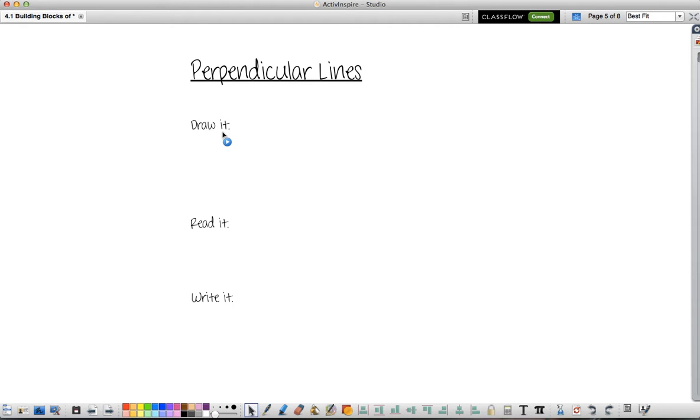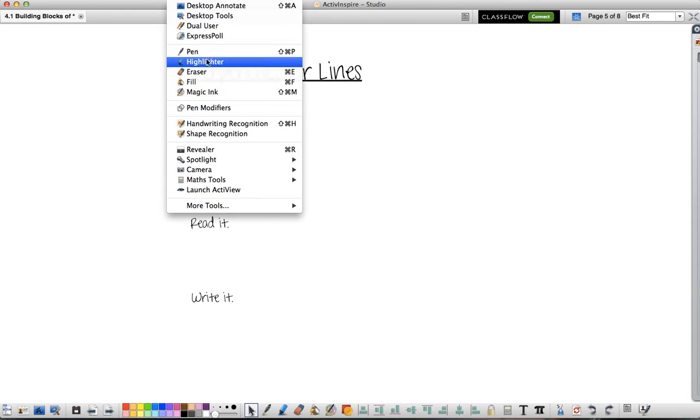All right, perpendicular lines. So again, you need to draw a nice straight line, so you'll want to use a straight edge on a protractor or your ruler. And then you can use the protractor to make the 90-degree angle and then use a straight edge to draw your lines. So when you're doing that,